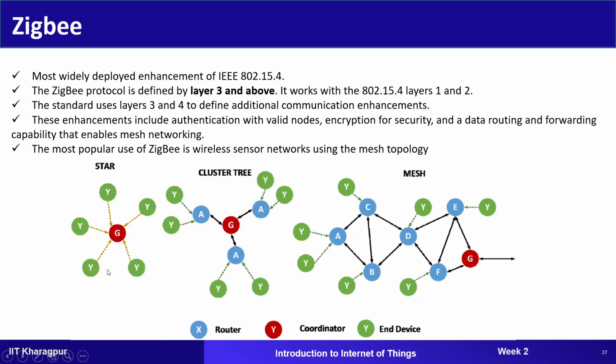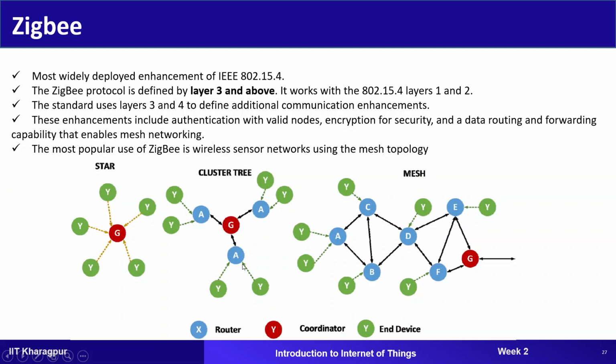So basically this figure is showing the different topologies which are used by your Zigbee protocol. The first topology is the star topology. In case of your star topology, there is one coordinator and all the IoT devices are going to connect or interact with each other with the help of that coordinator. So if this node wants to send data to this node, then it first sends data to the coordinator, and then this coordinator will send data to this device.